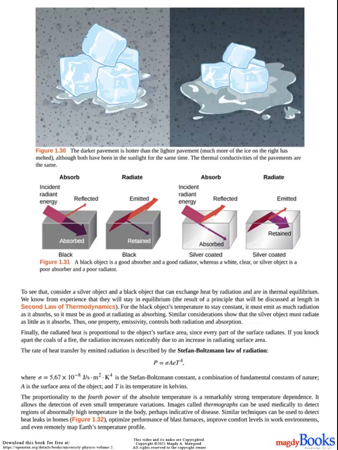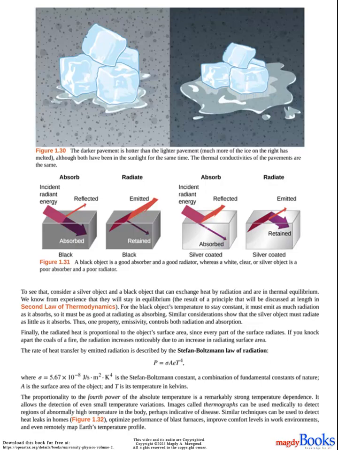The proportionality to the fourth power of the absolute temperature is a remarkably strong temperature dependence. It allows the detection of even small temperature variations. Images called thermographs can be used medically to detect regions of abnormally high temperature in the body, perhaps indicative of disease. Similar techniques can be used to detect heat leaks in homes,